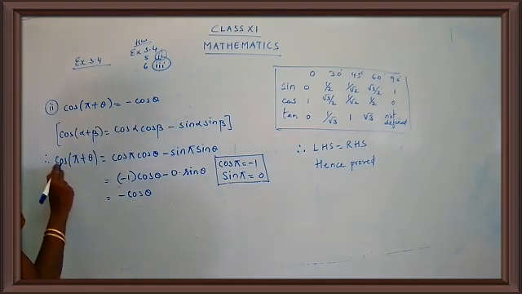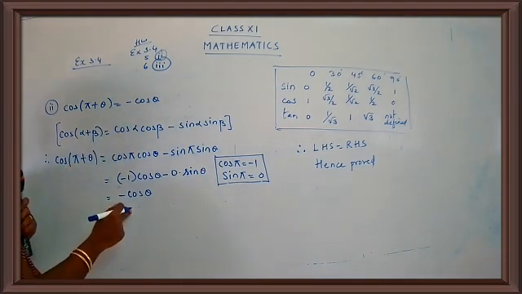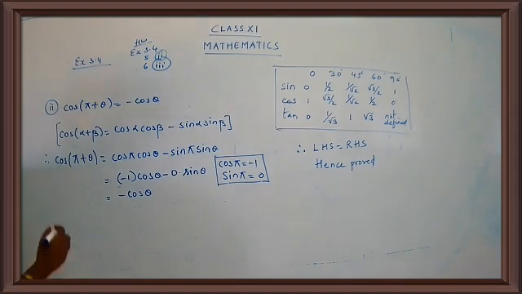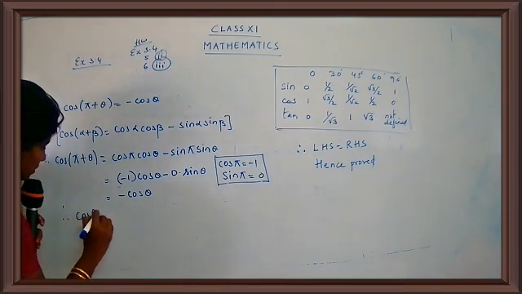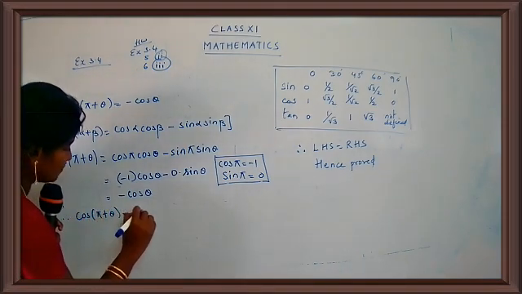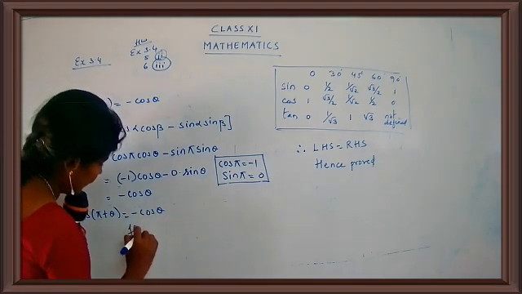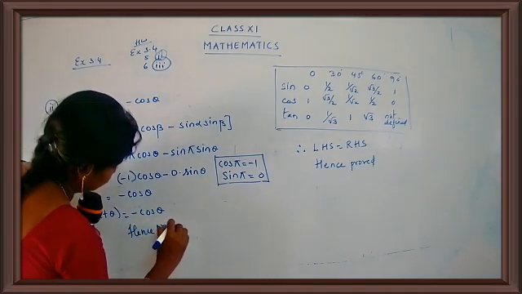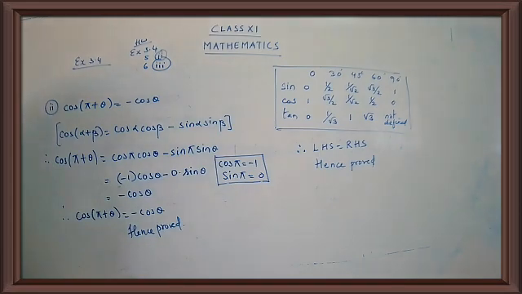So we started with cos pi plus theta and we got the answer as minus cos theta. You can say therefore cos pi plus theta is equal to minus cos theta. Hence proved. They have said to prove, so just say hence proved. Are you clear with this part, children? Was it easy? So this is one of the ways of doing the sum. This is by the formula method, that is, we use the identity over here.